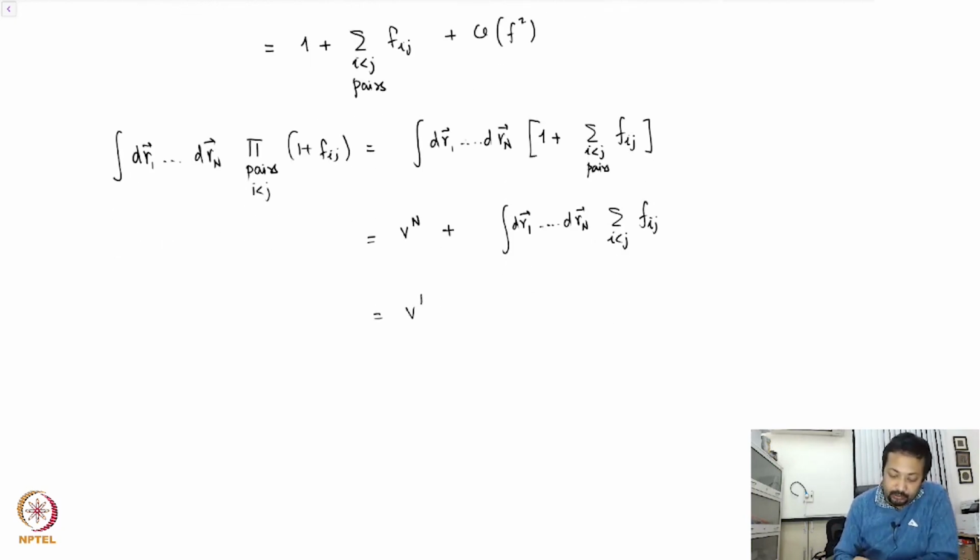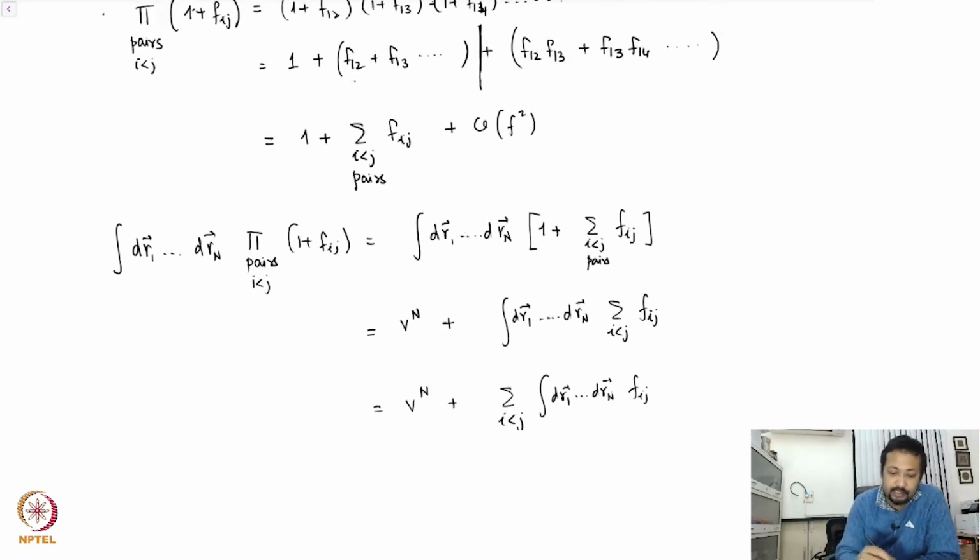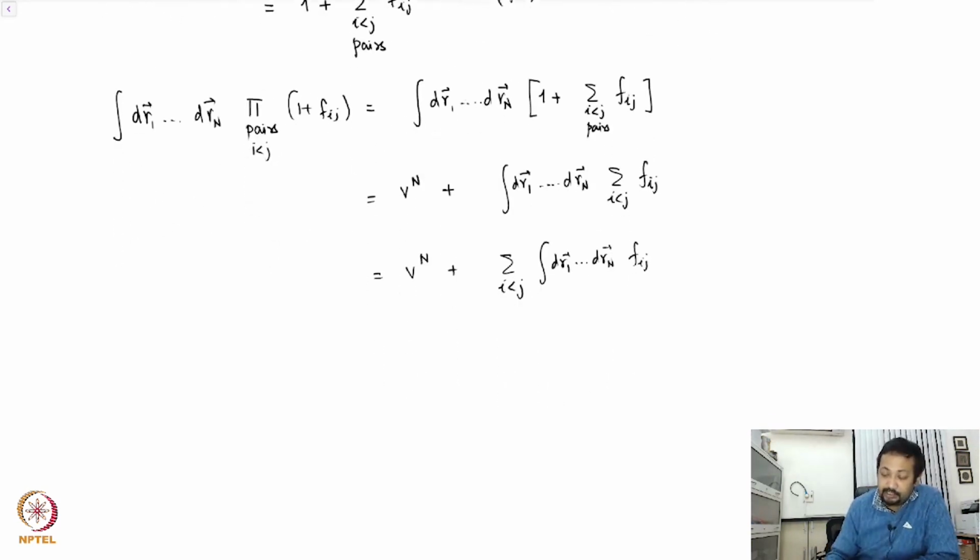So clearly I can rewrite this as the sum over i less than j of the integral dr1 through drn of f_ij. Let's pick up one term. We have seen this, right? We have expanded this. Let's say I'm just looking at the term f12. So that this integral now,